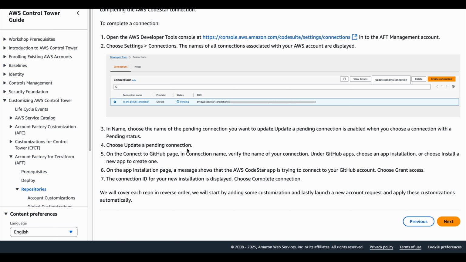That means your CodeBuild or CodeStar connections have been granted access to your GitHub or GitLab repository. You have to do that part first. Once that is done, whenever you push anything to your GitHub, it will trigger the builds or the pipelines.